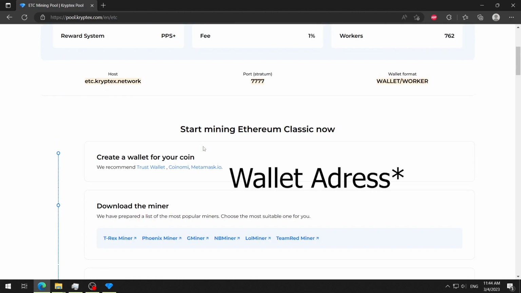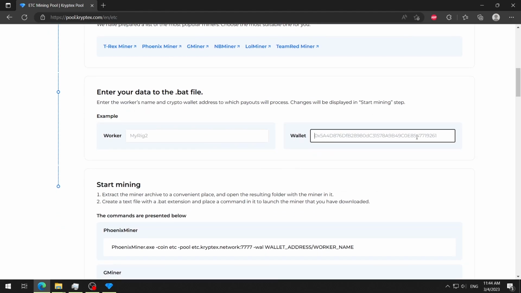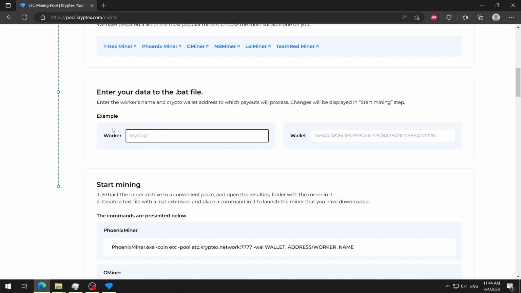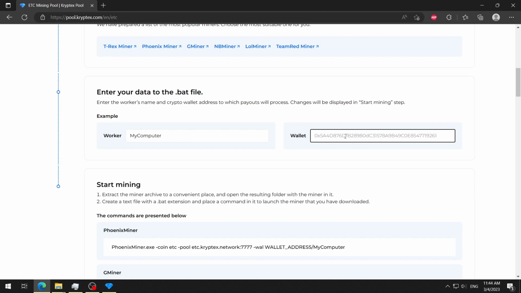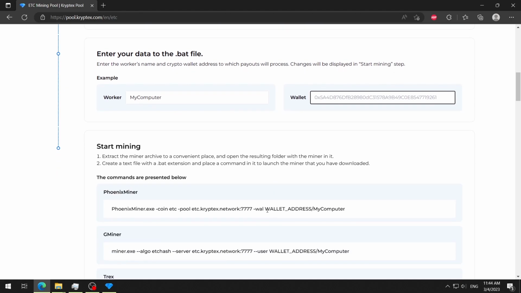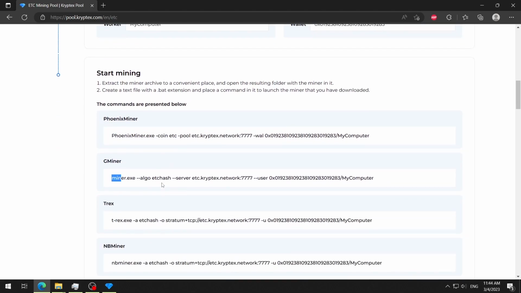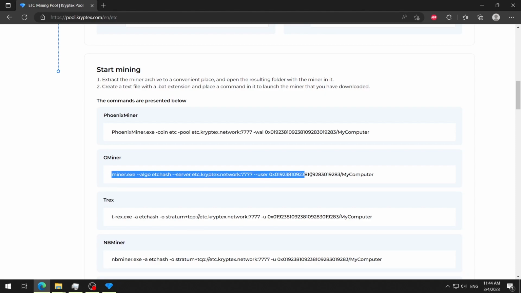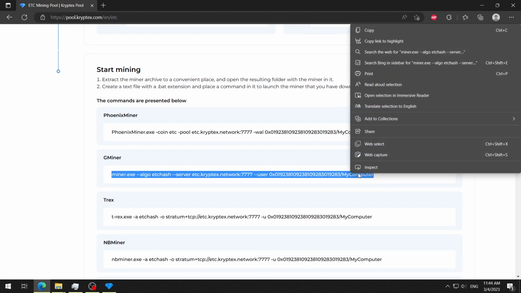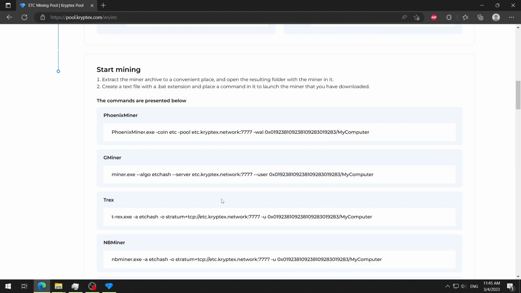All you need is your wallet ID, which you're going to put over here, and you're going to name your worker, which is going to be your computer in this case, whatever you like, for example my computer. You will put here the wallet address, and instead of this, you will get your address. So if you put here whatever your address is, you will get this code over here, and you can choose, for example, Gminer. After you put this data in, the information over here will be automatically changed, and you will copy this information, and you will go to